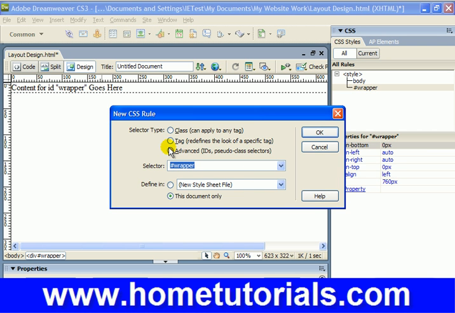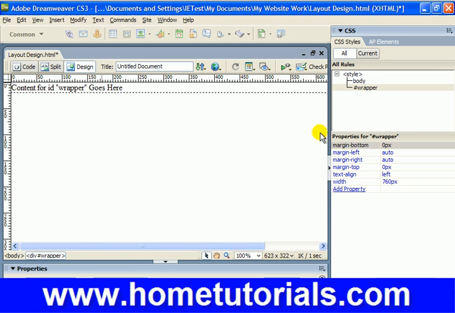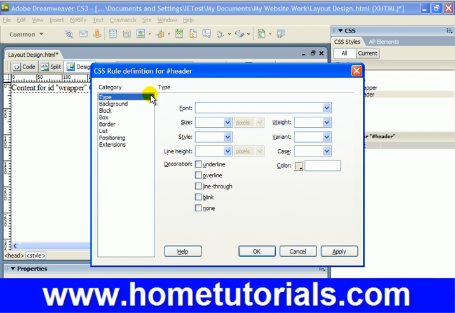Alright, we're going to choose advanced and this document only, but now we're going to go pound wrapper. I'm sorry, not pound wrapper, pound header. Alright, now click OK, and then the definition box comes up,